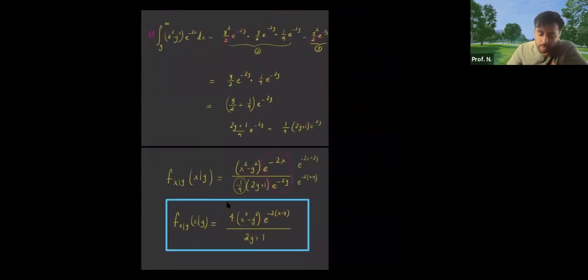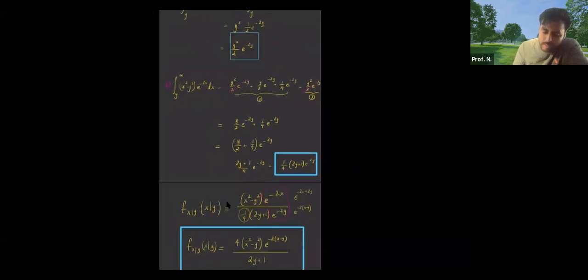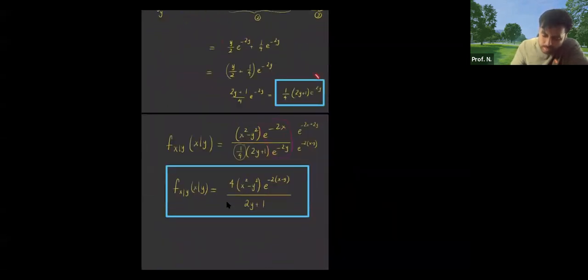So then once you're able to combine that and find the marginal density function, which is here, this is it, right? This is the marginal density function of y, which I found. Now I put that expression here in the bottom of the joint density function to find the conditional of x given y. Again, this is the joint divided by the marginal density of y. That gives you the conditional. And then all I did was the algebra.